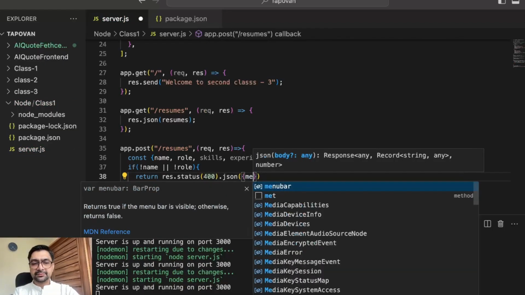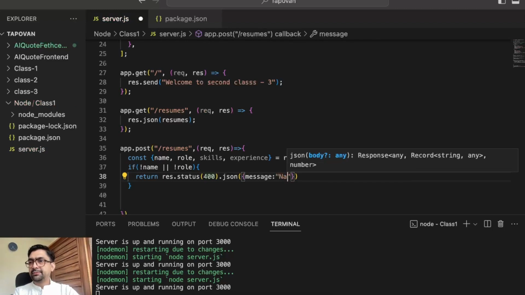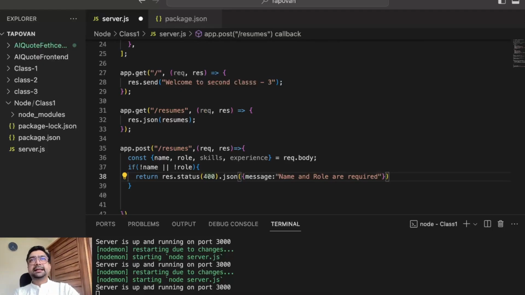let's say I want to send back a JSON message saying that name and role are required. Now you might be thinking that, hey, I can have these checks on my client side as well,